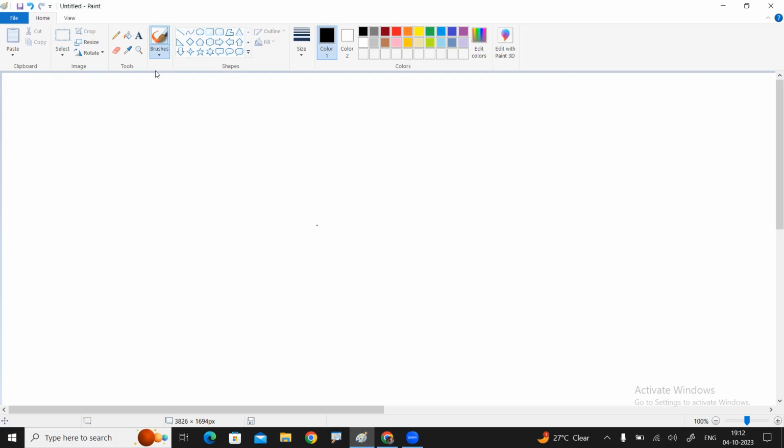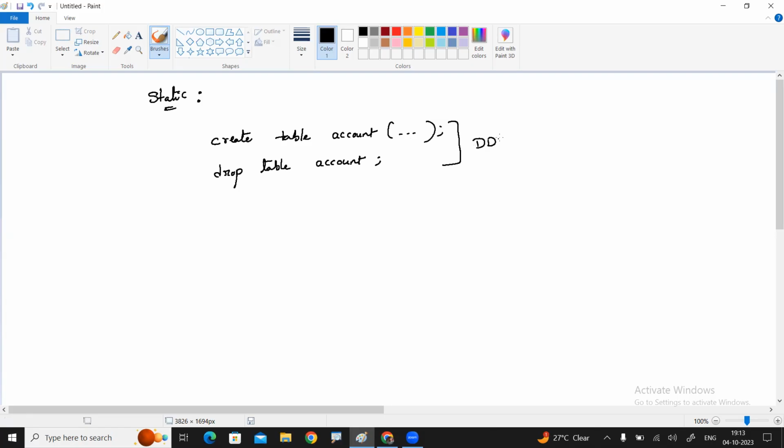Okay, the first point: suppose let me explain what static queries are. A query without values. Suppose create table, table name and with some details. And next delete the table, drop table account. In these two cases, we are not reading anything from the user. These are static queries, and these are DDL commands.